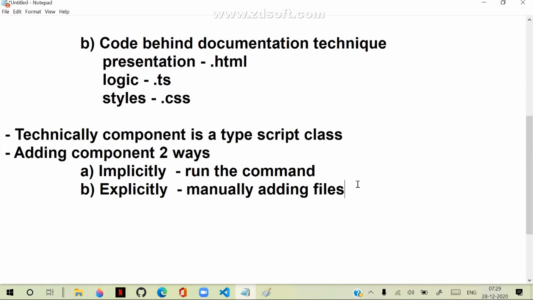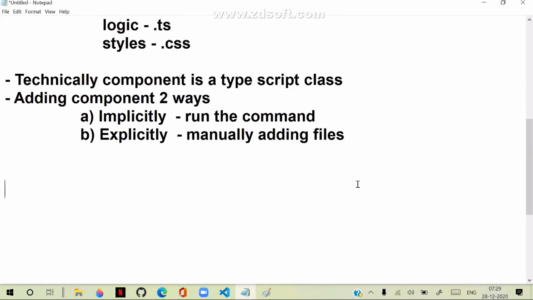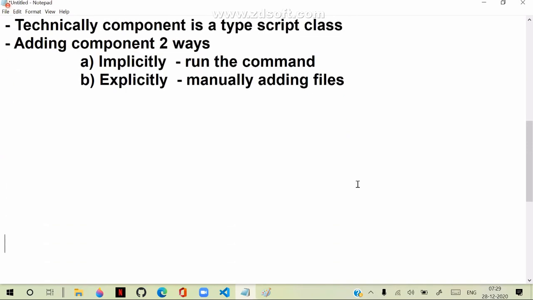So first, we are going to learn how to design a component. How do we design a component? What are the requirements for the component? We are going to learn how to design the component explicitly.